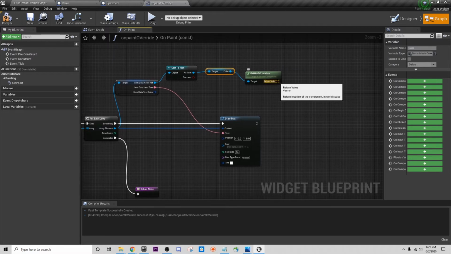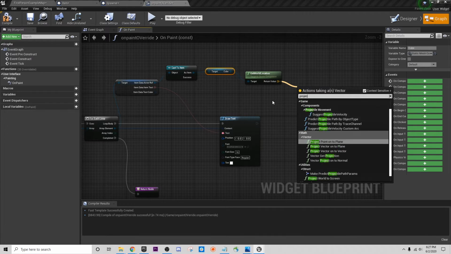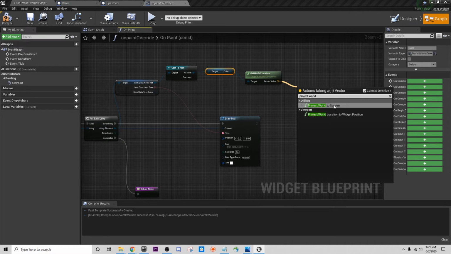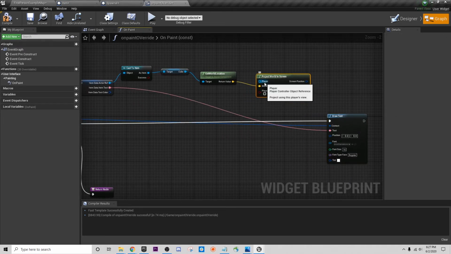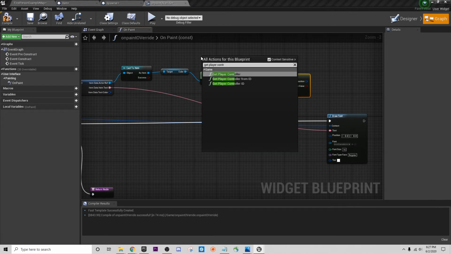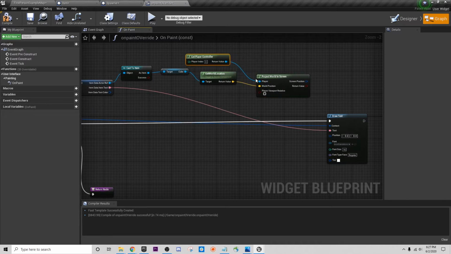And what I can do here is then I can use this and I can say project world to screen. And what this is going to do is it's going to ask for some kind of a screen, like whose screen. So I'm going to say get player controller, and I'm going to go ahead and plug that in there. So this is going to give me now the screen position on my player controller 0 of this object. And so what I can do here is I can plug that in,